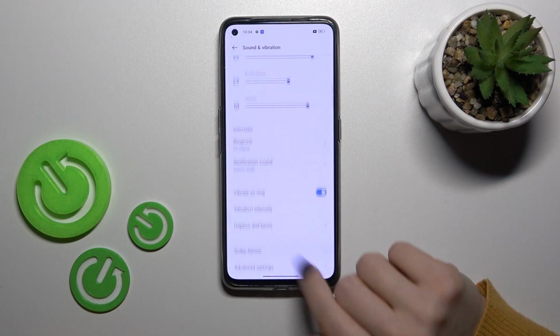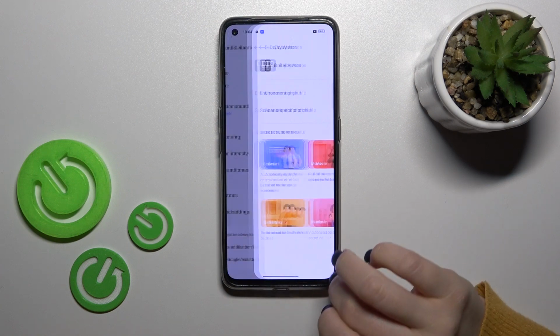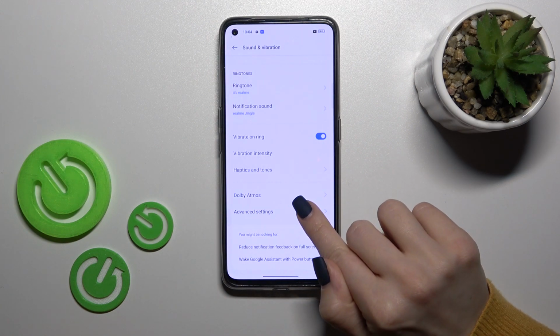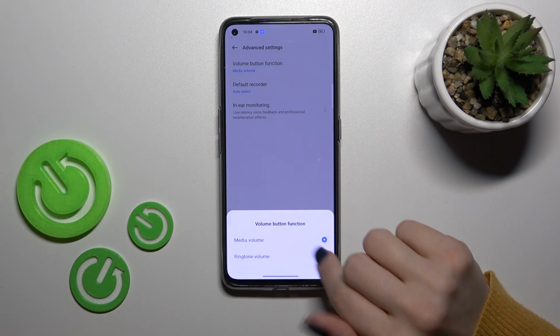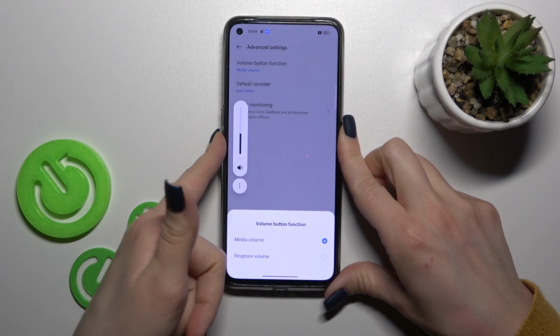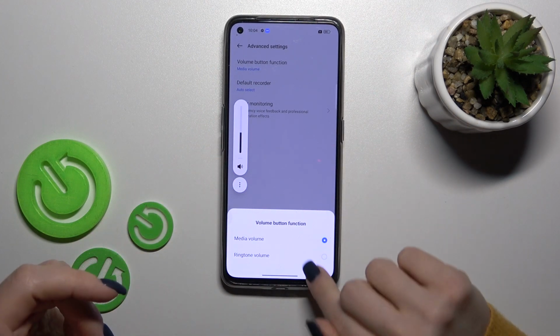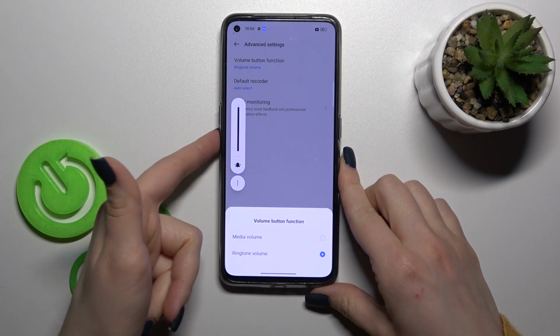Let's go back. If you want to use the Dolby Atmos, you can use this option here, and in advanced settings we can see here the volume button function. Now we have selected the media volume, so just by pressing the up or the down volume button will change the media,